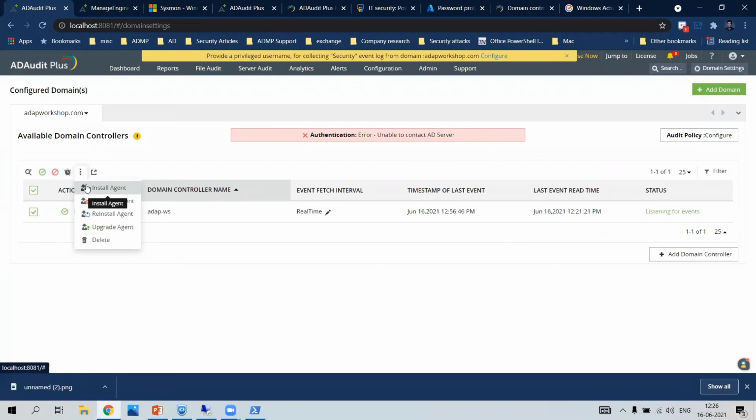If you have multiple domain controllers spread across WAN connections in different geographical locations, installing an agent will smoothen out the event log fetching process, right? Earlier, ADAudit Plus used to contact the domain controller in order to fetch the logs, but in environments with multiple domain controllers scattered across a WAN network, installing an agent will make the process of log fetching smoother and faster, and the bandwidth used to fetch the logs from domain controllers into ADAudit Plus will be smoother,